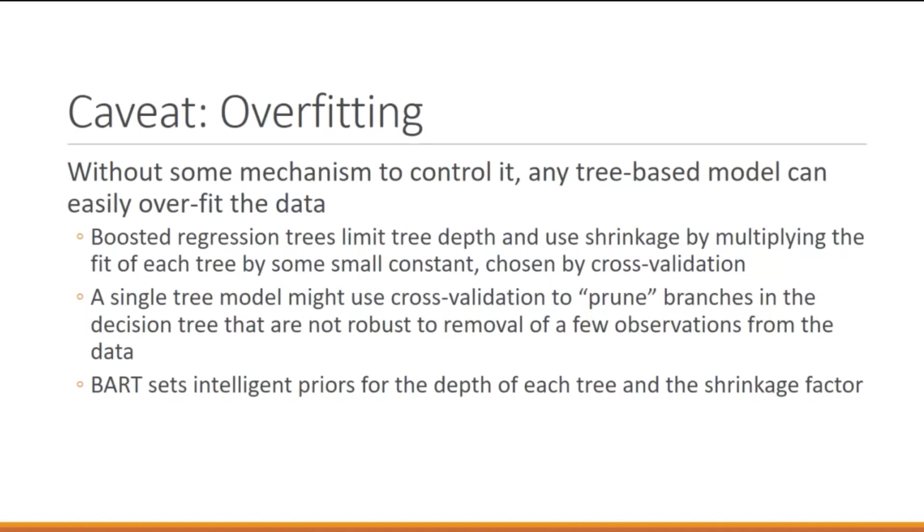BART takes an approach essentially similar to the boosted regression trees, the difference being that the depth of the trees or the shrinkage factor are set via priors. So rather than taking that computational step of cross-validating those to try and find something that's optimal, the priors have